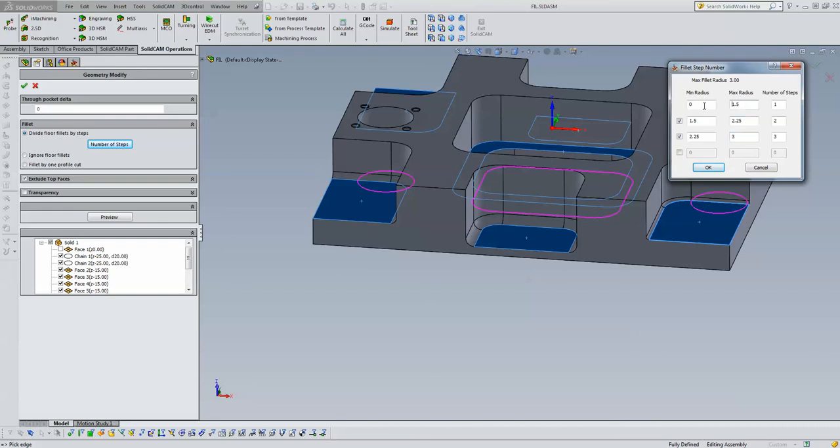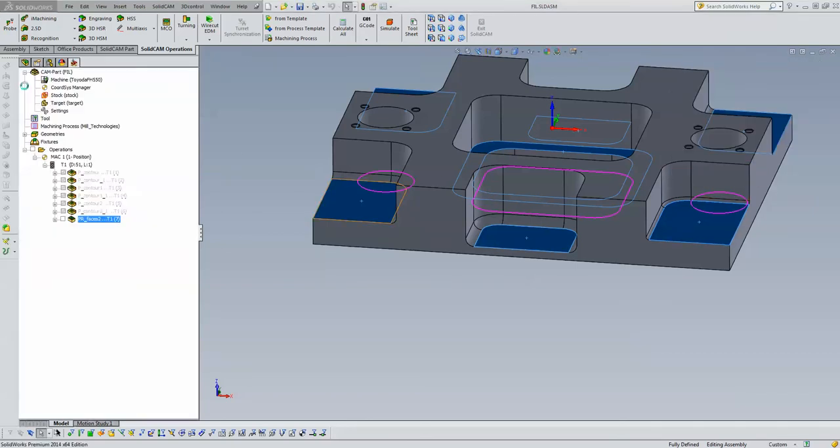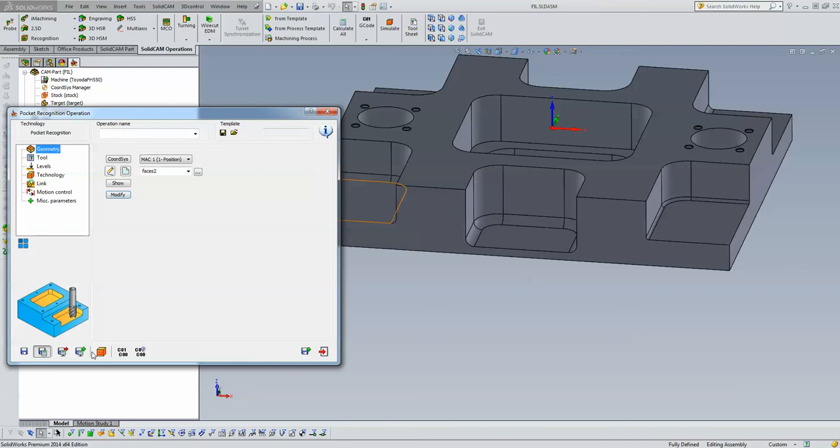Now, if I change any of these values, say I change this from 1.5 to 1.25, in my next line over here, it'll automatically start from this point over here. And of course, if I want, I can change these values in here. I can have this say anything from 0 to 1.25, do it in 2 steps. Just have it in 3 steps, and anything that's past 2.25 up until 3, do that in, say, 5 steps. Click on OK, accept that. And if I run my simulation,